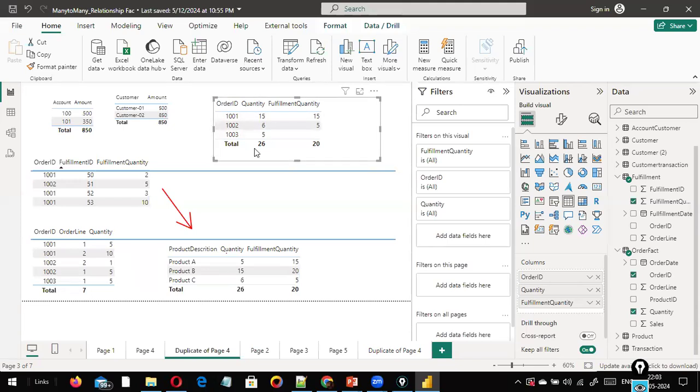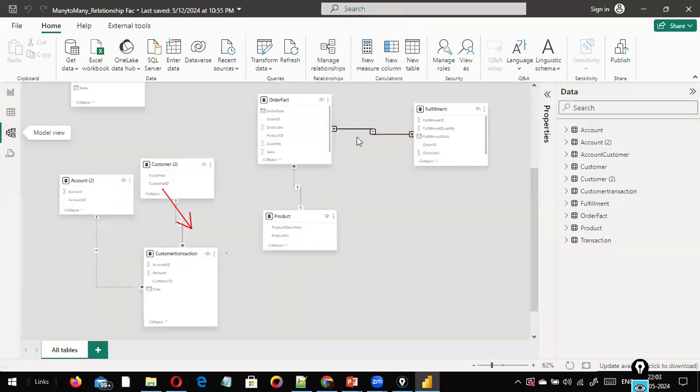So here the quantity column comes from the many side of the table, the order fact table. The other column comes from the fulfillment table. Even this one is also a many side. Both of them are many side. A many-to-many relationship, we can create without using any